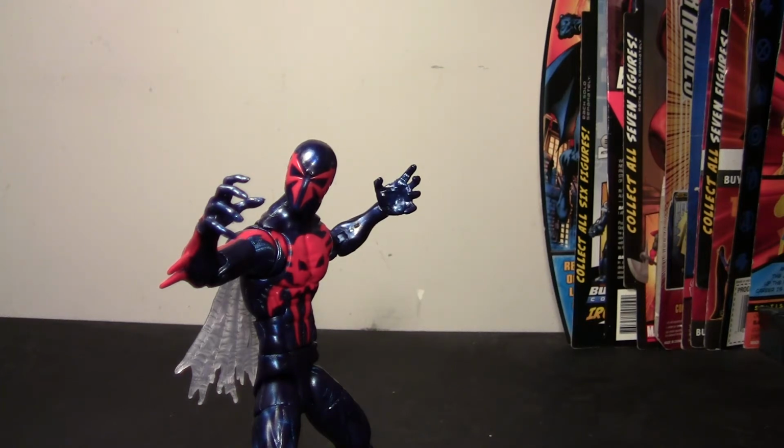You also know that I tend to like the alternates. I like Miles Morales, and I like Superior Spider-Man. Some people say only Peter Parker is Spider-Man, but I like how there are multiple Spider-Men, or different Robins, or whatever. So yes, I do appreciate the character of Spider-Man 2099. I don't know where I was going with that sentence, but I'm really excited to have this figure because